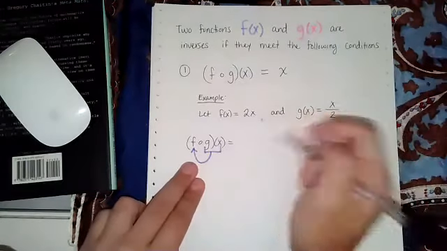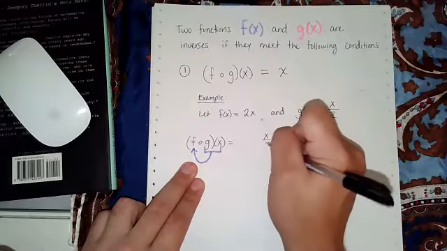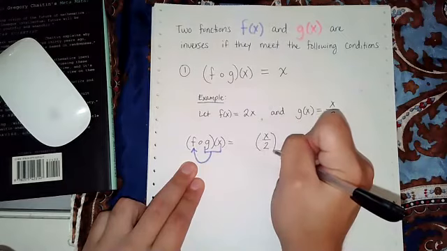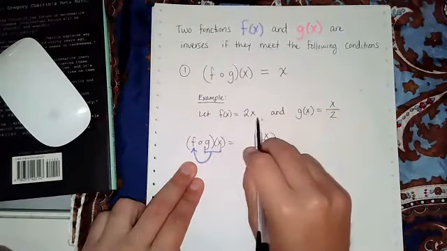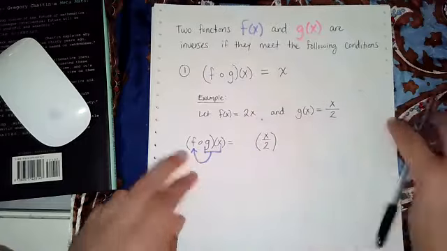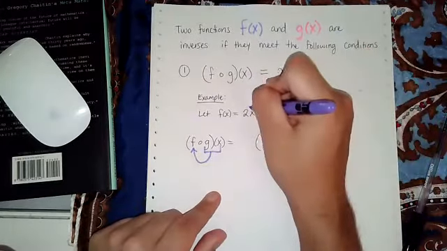So that's like taking g of x, which is x over 2, and using that as the input for f of x. So if I were going to plug this into f of x, take this guy here and plug it in for x,